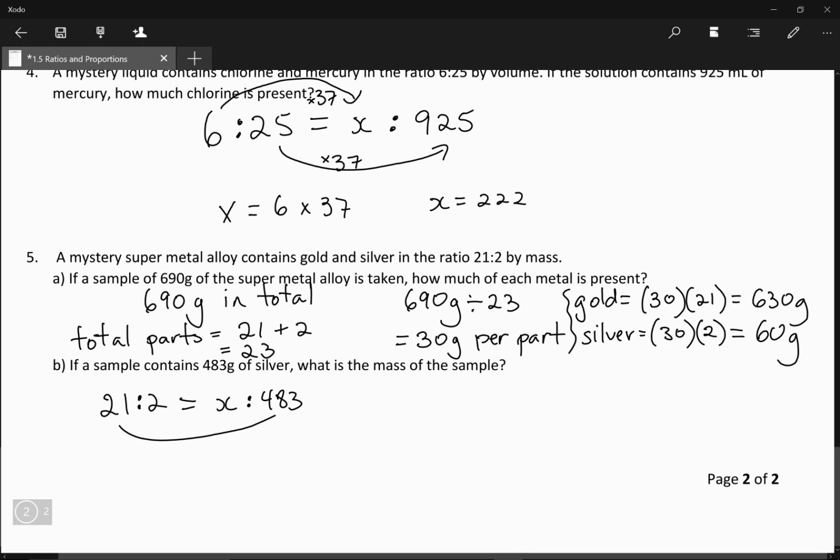So 483 divided by 21 is equal to 23. So scale factor is equal to 23. So then I multiply 21 times 23 to get 483. So that means I multiply 2 times 23 to get x. Okay, so x is equal to 2 times 23, which is equal to,